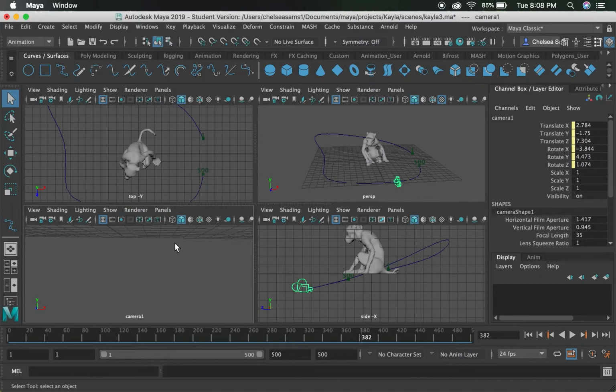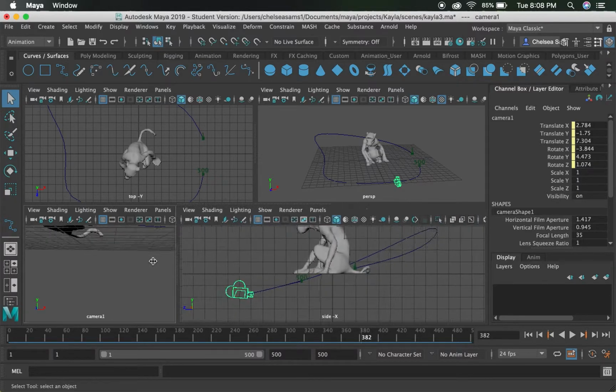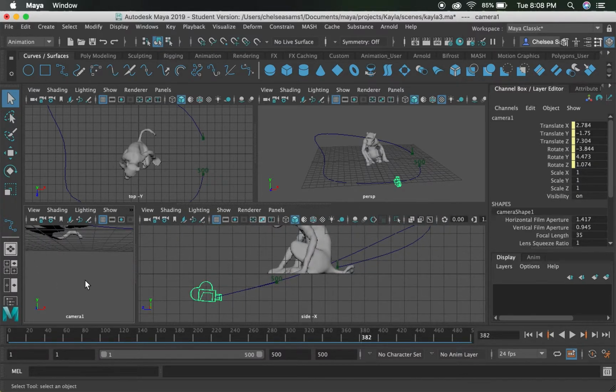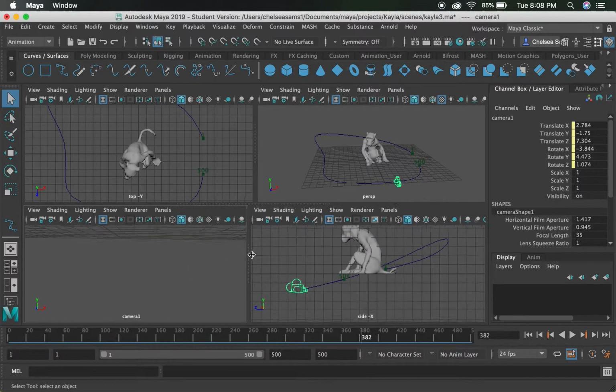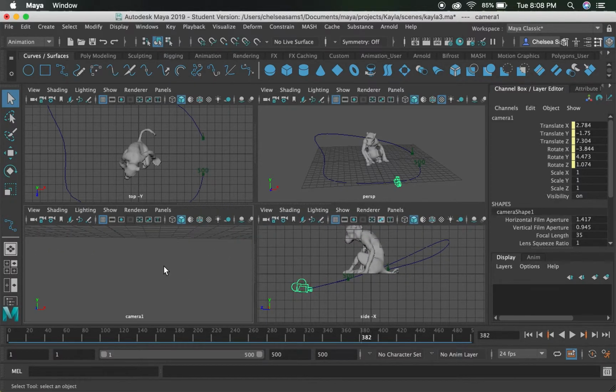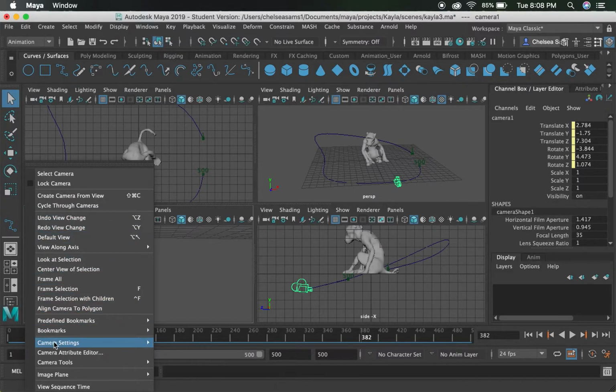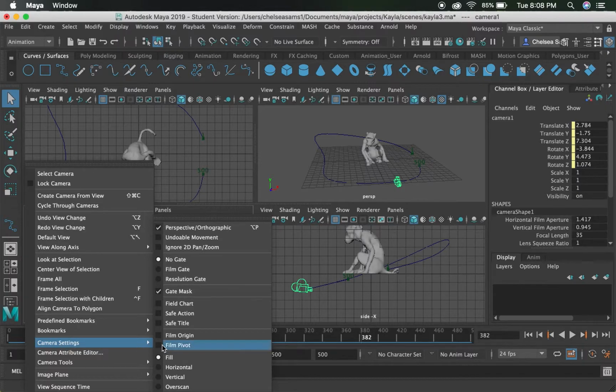Another thing that you should be aware of is that the viewport can change sizes, right? The aspect ratio of the viewport is not fixed. In order to make sure that you are seeing the view that you will be seeing when you render this file, you have to do one more thing. If you go to View, Camera Settings, and Resolution Gate,